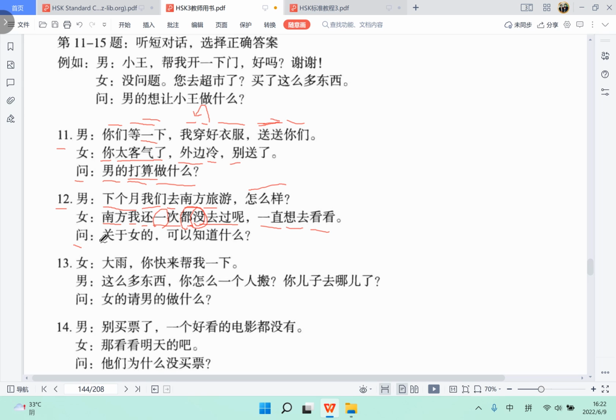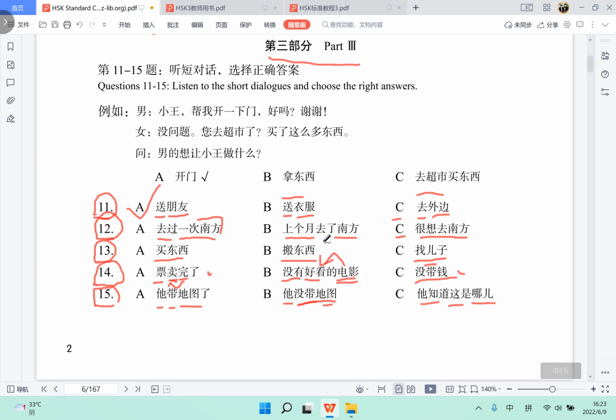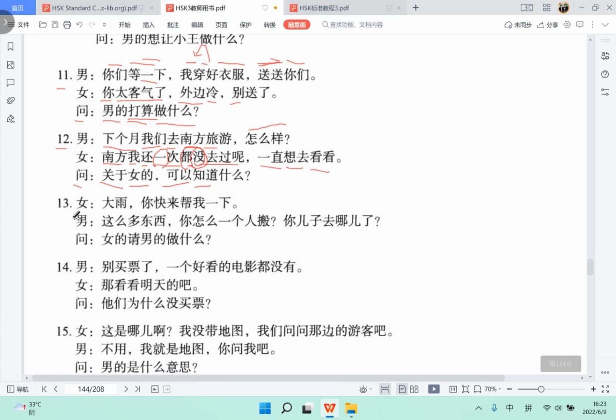So question: 关于女的 about the female, 可以知道什么? Could know what? So what we could know is she hasn't been to southern China before. 她没去过南方。And she really wants to go there, right? So 很想去南方。